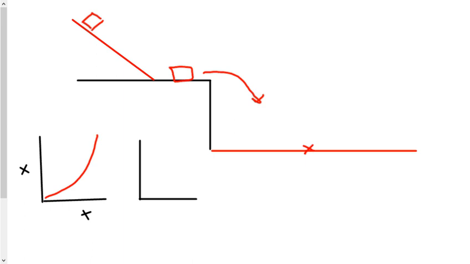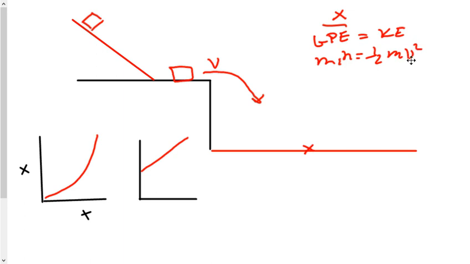Now, it'll already have some kind of initial displacement here, so I'll just start here and make a straight line graph like that. And when it reaches here, we're going to have an XY graph going on. But let's remind ourselves what's happening here. In the X direction, we're going to have whatever velocity we got from here. So that's going to be GPE equal to kinetic energy, so mgh equals 1/2 mv squared. So whatever velocity we get by the conversion of gravitational to kinetic energy will be our launch velocity in the